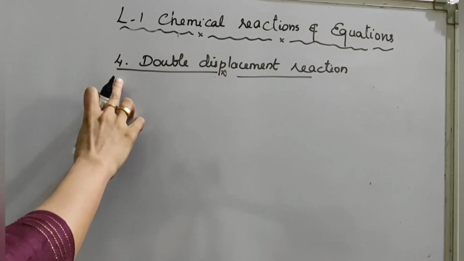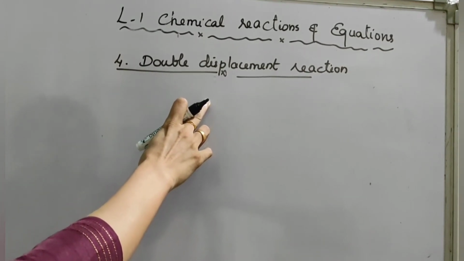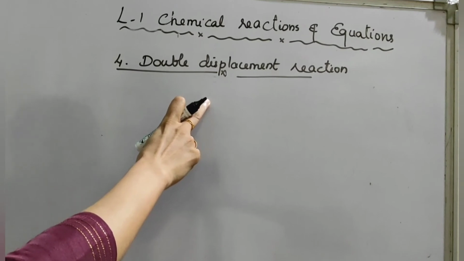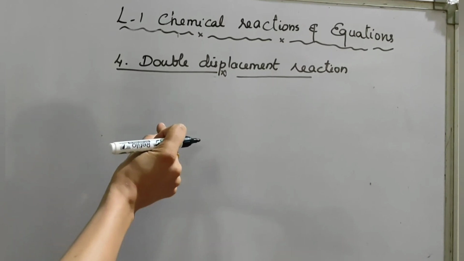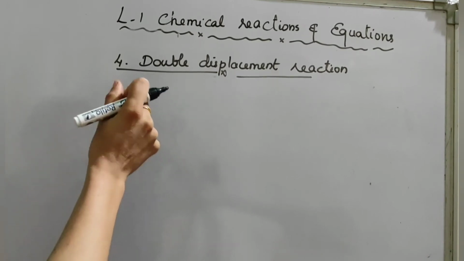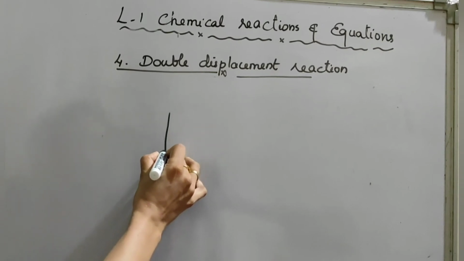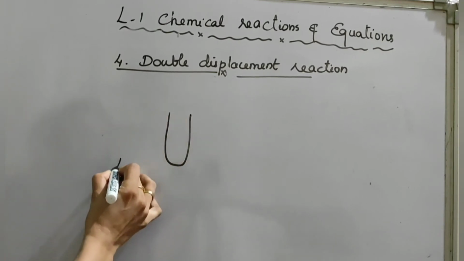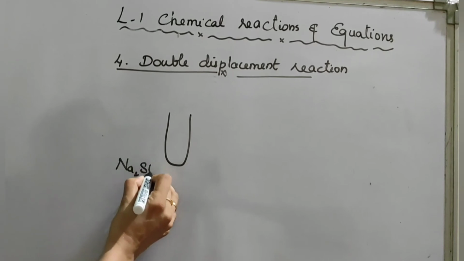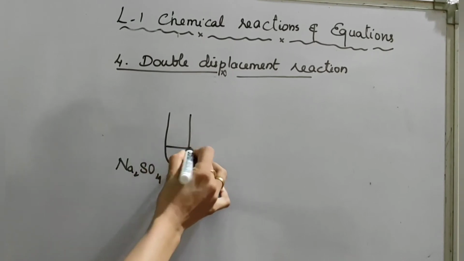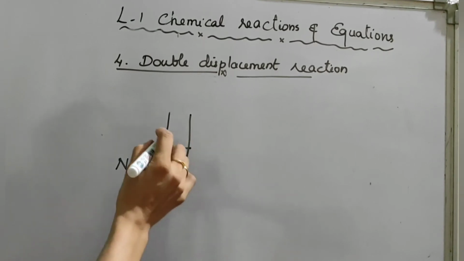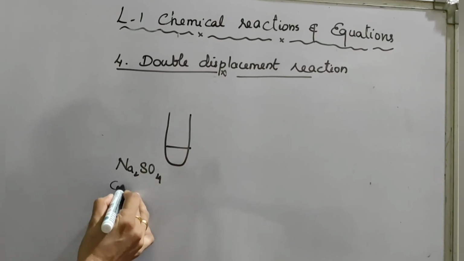Fourth chemical reaction, double displacement reaction. Here also, let's check the activity first. Take a small amount of sodium sulfate solution in a test tube. Sodium sulfate, Na2SO4. So you have to take a small amount here, and one thing you have to remember, this is a colorless